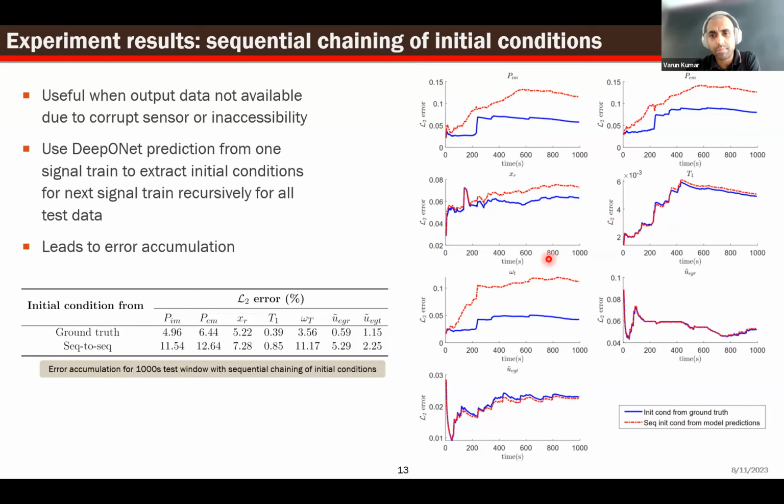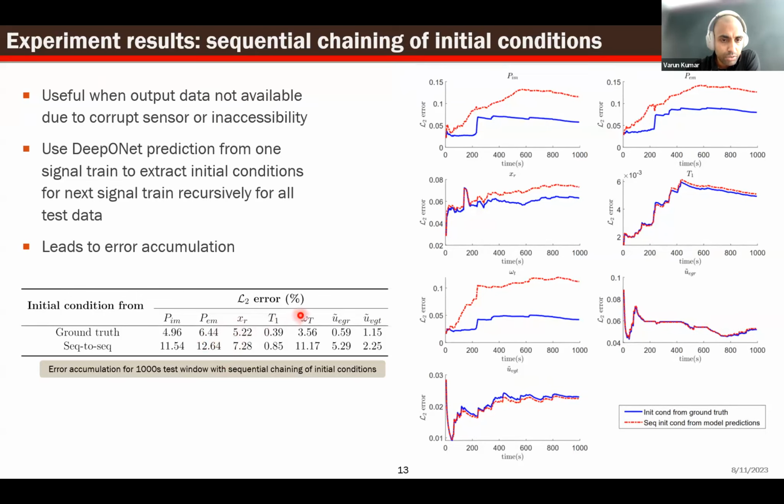Mostly it's in the two pressures and the turbine speed that we see maximum error buildup. The actual model is pretty accurate, and I think this is also because the error doesn't build up so much here. It's easier to capture the input and output mapping in this case, so you don't see the same level of error buildup with the actual signals.